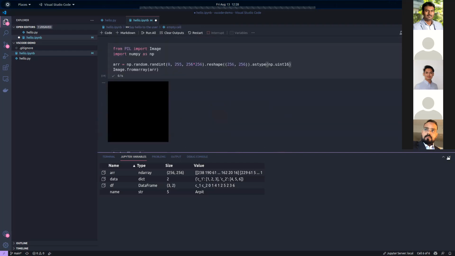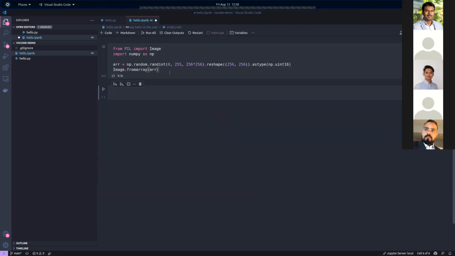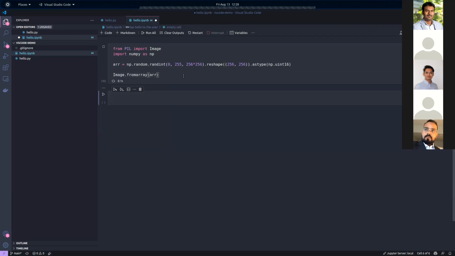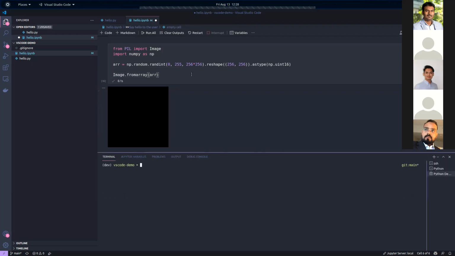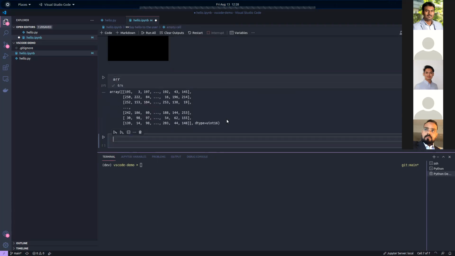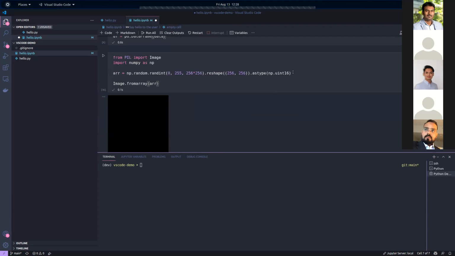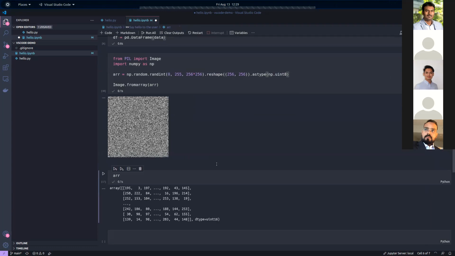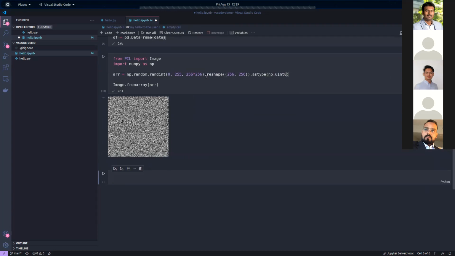Right, so I think there's some issue right now. It's coming out all black. Okay, let me see what the issue is. Yeah, so here it is, right? Since I've created a random image, it's random noise, but using Pillow, it automatically converts the PIL images to visualize them within the notebook, right?